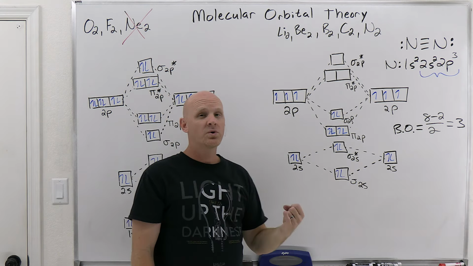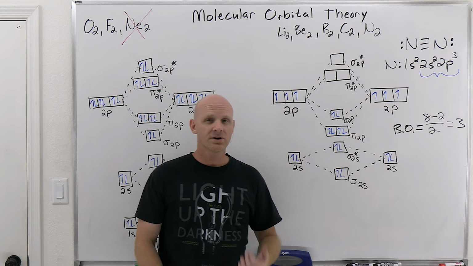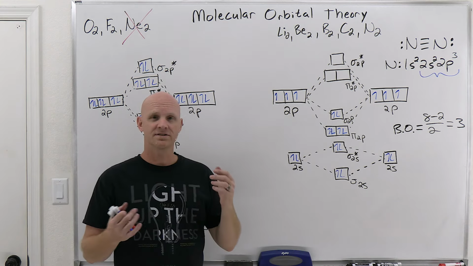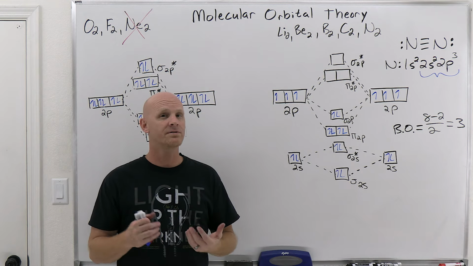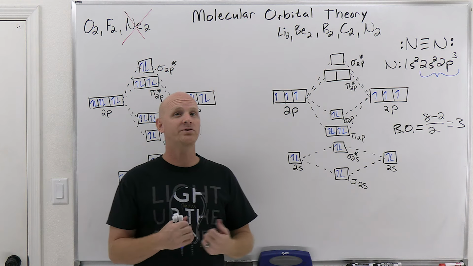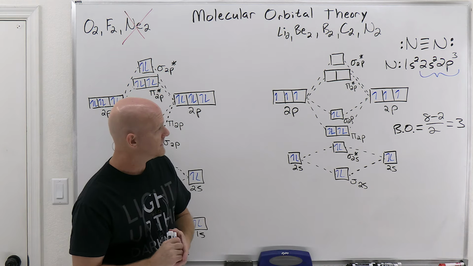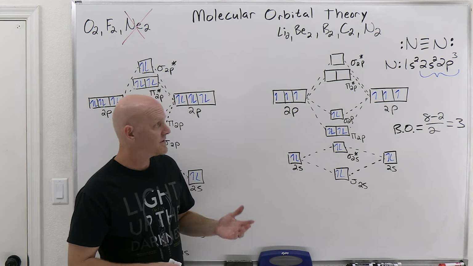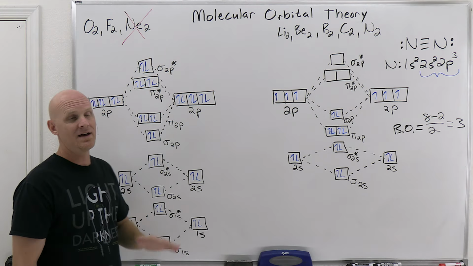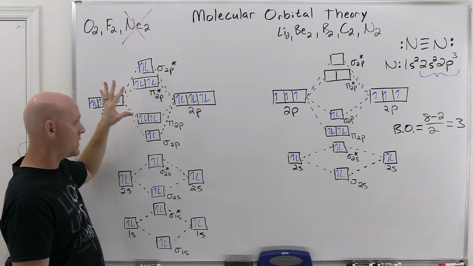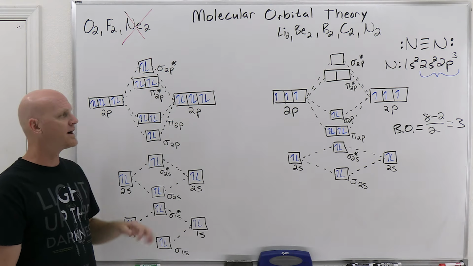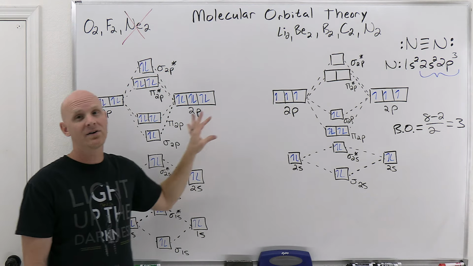You should be able to calculate bond orders. You should know what those molecular orbitals look like, both the bonding and the antibonding that we drew out earlier. So both the sigma and sigma star for the s orbitals, the sigma and sigma star for the p orbitals, and then the pi and the pi stars for those p orbitals as well. Finally, you should be able to draw the MO diagram for any one of the homonuclear diatomics. And some of you will be on the hook for actually knowing which diagram you need to use for which of these, but quite a few of you are probably actually going to even be provided the appropriate diagram,